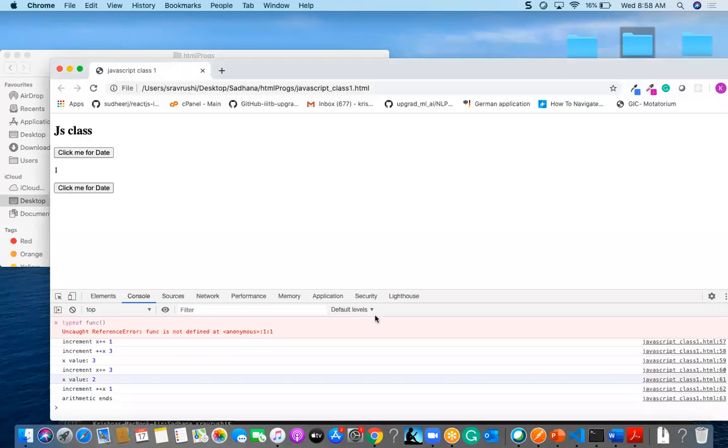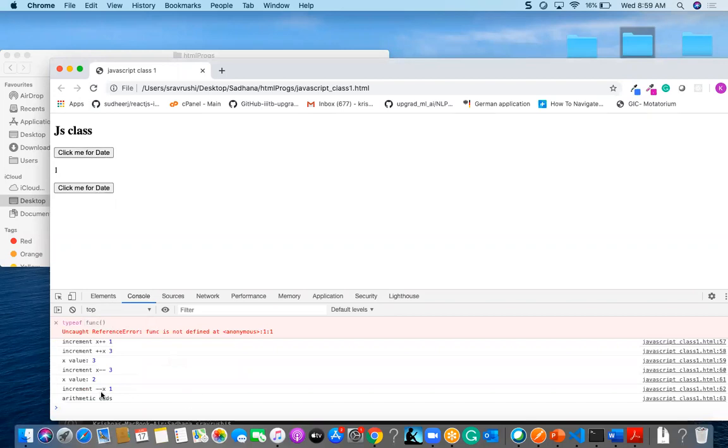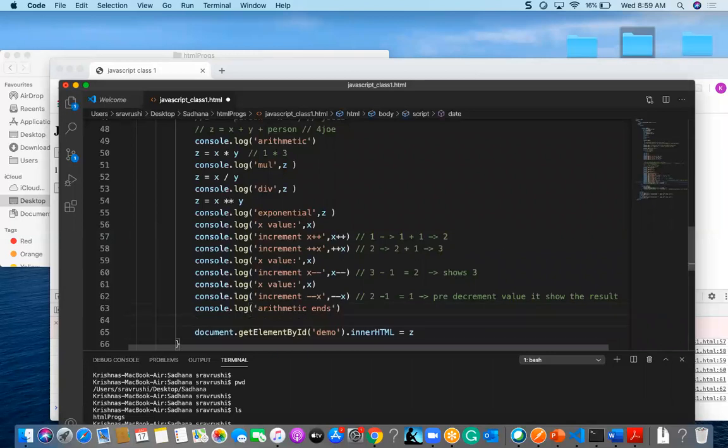Okay, logic, and one value. Those are about assignments, and we have a few more. They are like x plus equal to y.